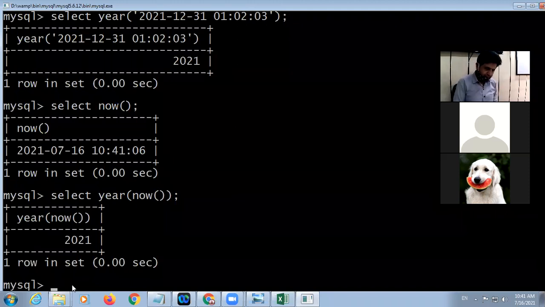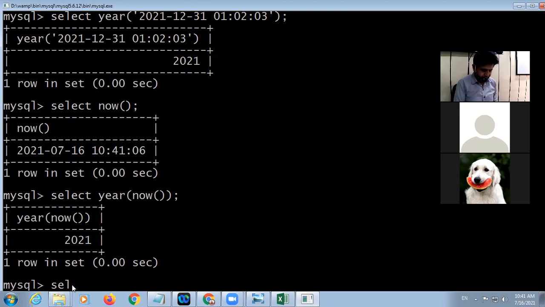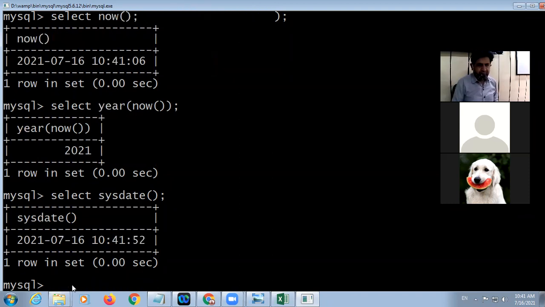So now I'm taking here select sys date. So it is equivalent to now. Sys date and now are both the same thing. So these are some functions based on date and time.